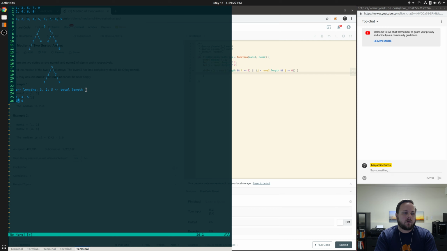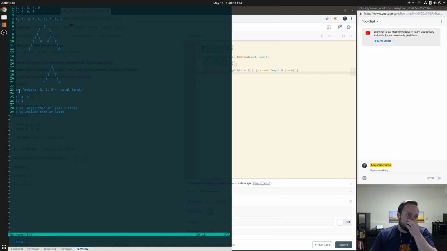But if I go here and let's say I start with 3, I also know that 4, my midpoint, is larger than 1 more element. So at this step of the loop, if I first pass, I just take this middle value from the first array, and I can say that 4 is definitely larger than at least 2 items, and 4 is smaller than at least